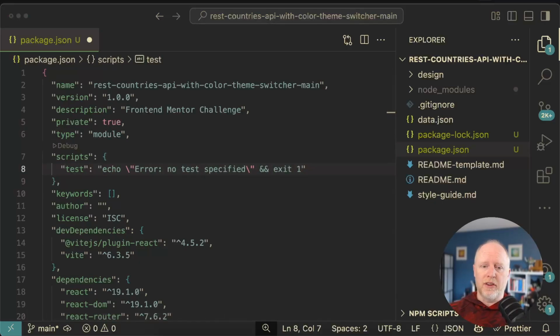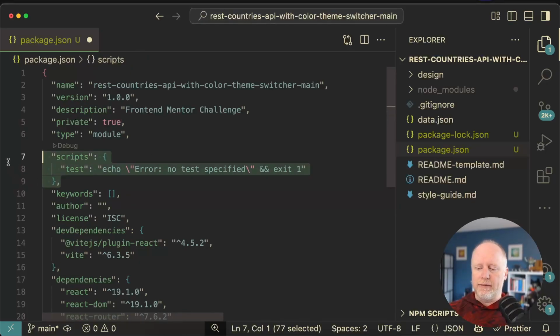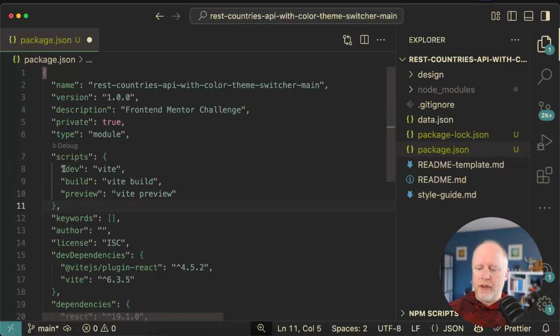Script tags. I don't want to type these out. These actually come directly from Vite's documentation. So I'm just going to paste them in, and they look like this, okay? We have dev. This is where we're going to mostly be working today. So dev is our hot module reloading and stuff like that. Lots of cool stuff. Later on, if we want to build it and publish it somewhere, then we'll use Vite